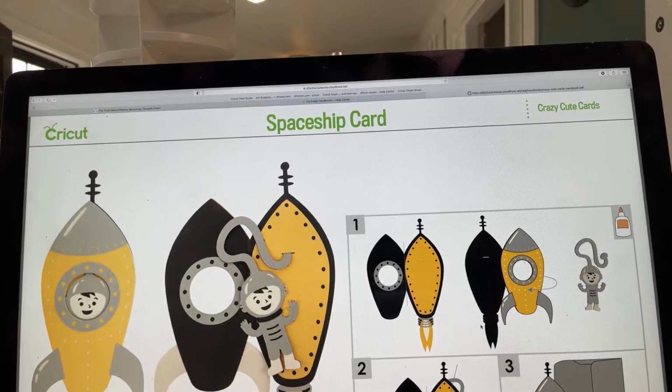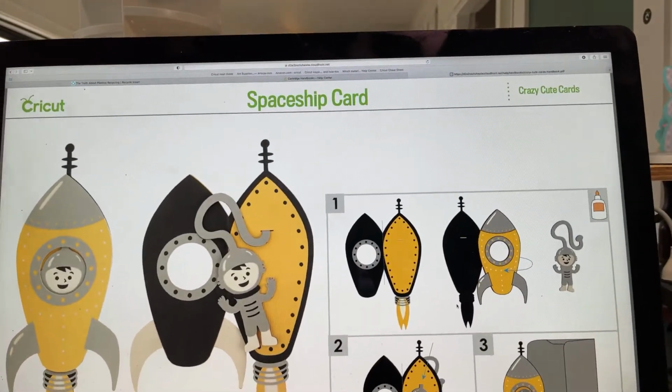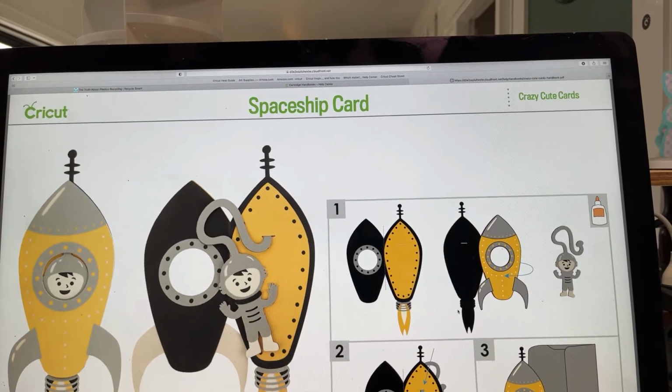Okay, so today is... thank you, Loretta. I appreciate it. So today is the start of a brand new week. It's the last week in February, before any other of the spring holidays come, since last week was Valentine's Day. So I decided this week that we're going to do interactive cards from a couple of old Cricut cartridges, image sets, and this one we've done cards from, called Crazy Cute Cards, and that is where I got this adorable